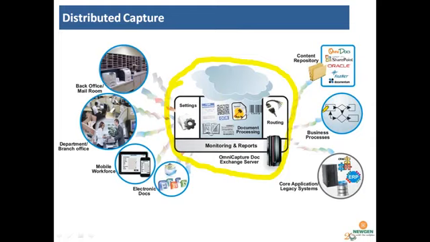A normal 10-page document, if you scan from a normal scanner and there is no compression technology involved, will take a size of approximately 2 MB if you scan it at 200 dpi, dots per inch, which you set in the scanner. Now if you scan it through this particular OmniCapture Document Exchange Server, it will be reduced to around 600 to 700 KB, which is tested in our labs. So first of all, the storage capacity and the retrieval time become much faster.